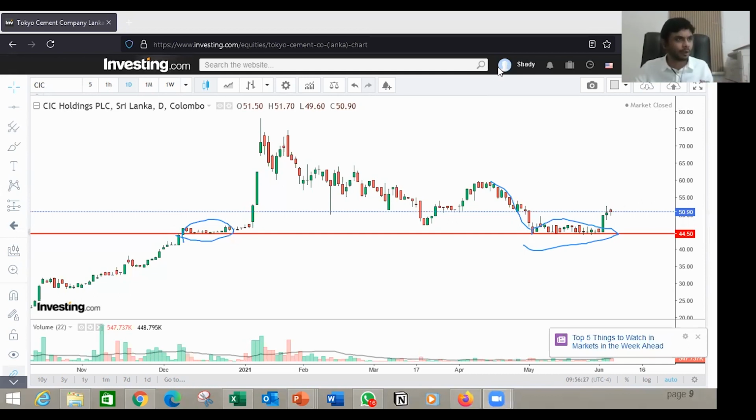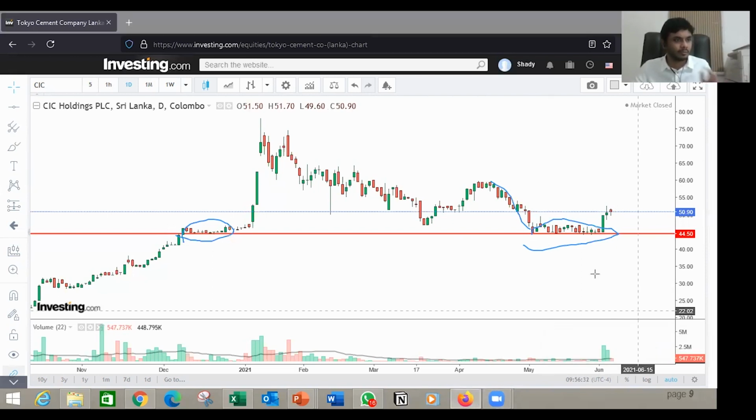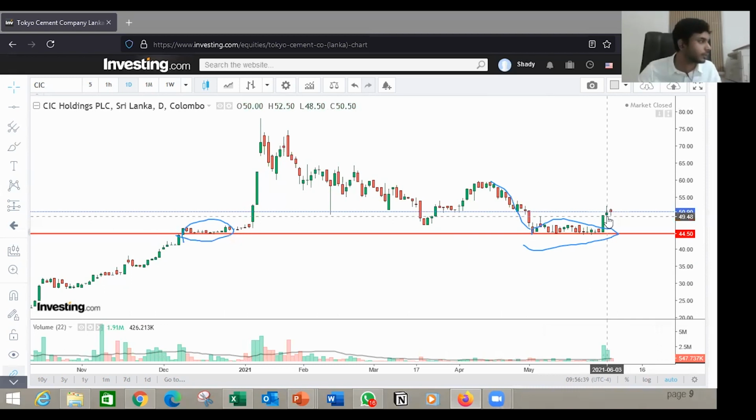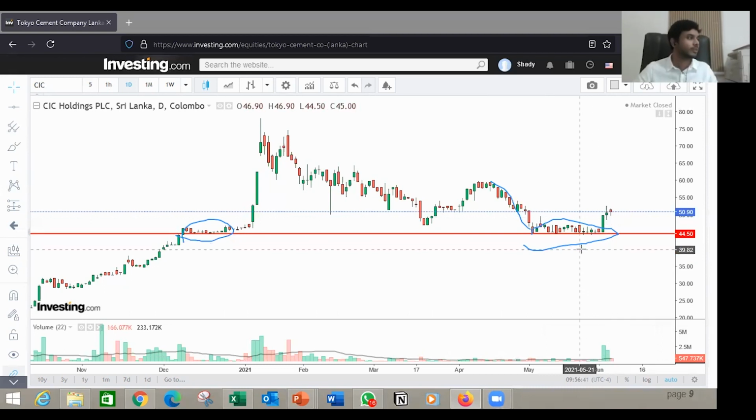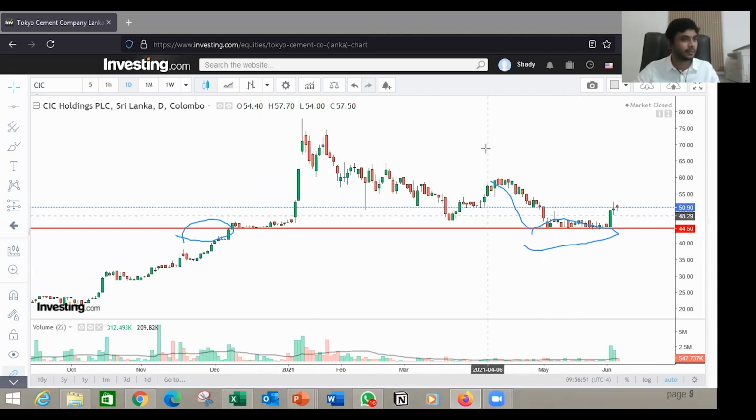From that point onwards, anyone who may be patiently holding the stock with that support and with a risk management strategy, we can see after that some volume movement, and from 44 the stock reached a quick trade of 50. So anyone who takes a trade from that particular point, and exits with that profit based on his profit limits and targets, I think we can expect that as a good trade.